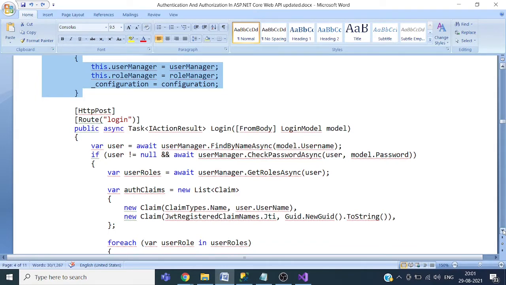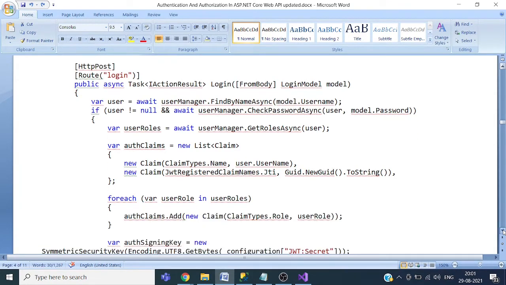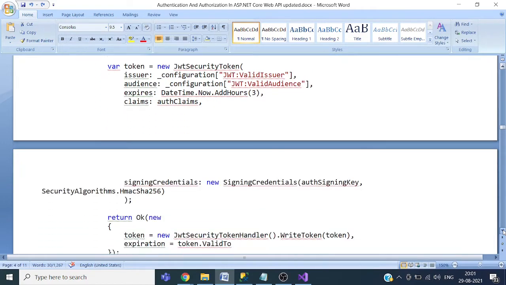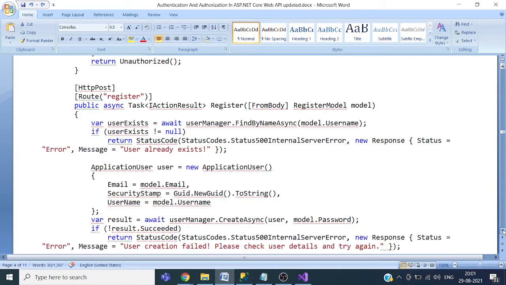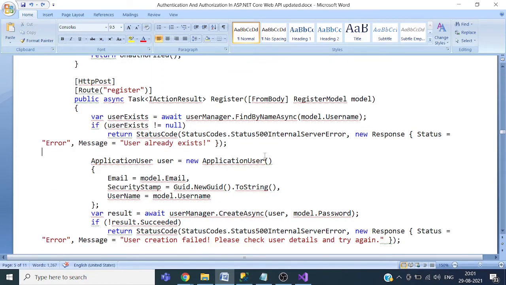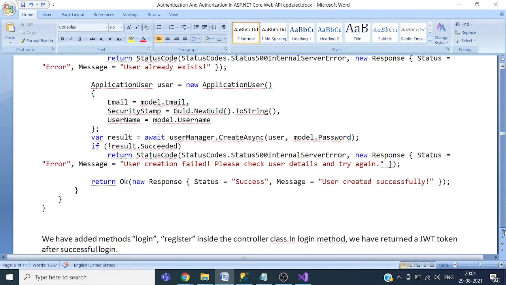So we have the login method. Before that, we go to the register method.